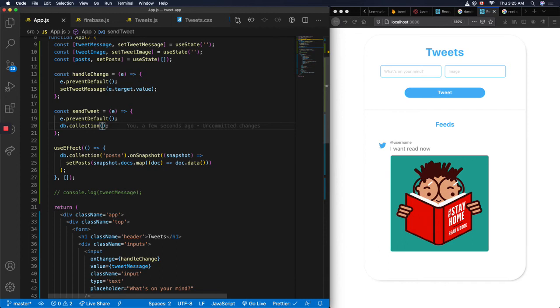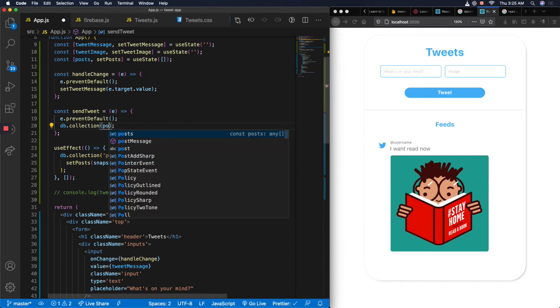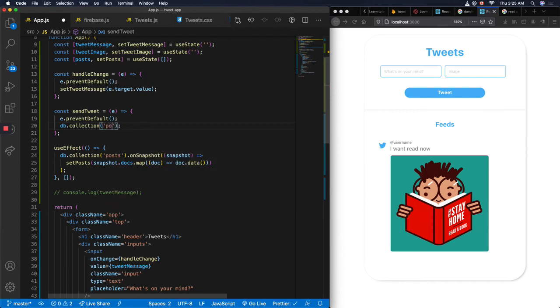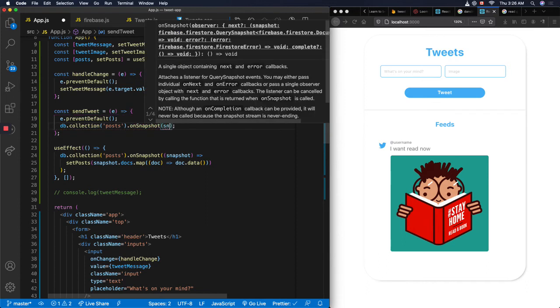So when you click on the tweet button, what do I want you to do? Please set prevent default, which is perfect. And in my database, add this content to my database. So in my post array on my database, please do this. In my post array, I want you to do something. I want you to, on snapshots, okay, so I don't misspell it. On snapshots, please, for every run a snapshot, for every snapshot,